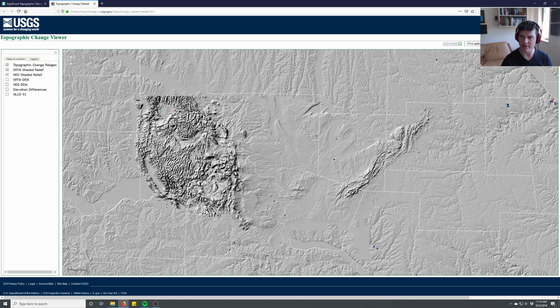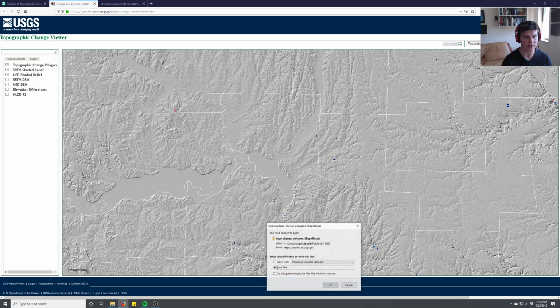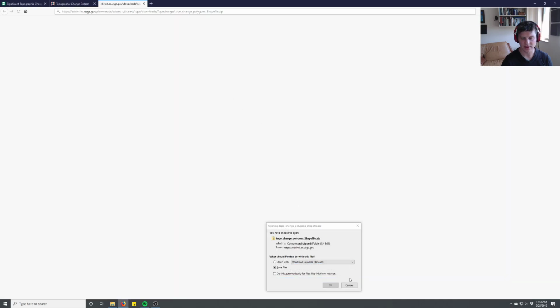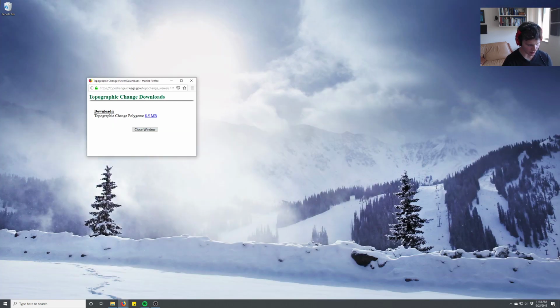But at the top right over here, there's this button for download. And what we're going to do is click that. And then we get this link to this topographic change polygons. And rather than directly download it, I'm going to go ahead and say open link in new tab. I'm going to cancel the download. But what I'm going to do is copy this URL. And that's going to allow us to directly download it in an R script so that if future users use it, they can actually just do this part and not have to point and click their way to where we just were. I've already created an R project for this,